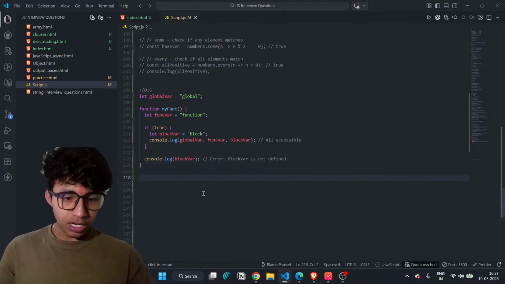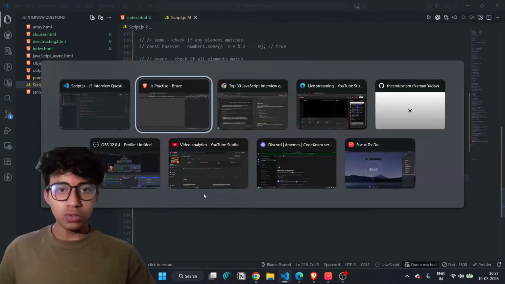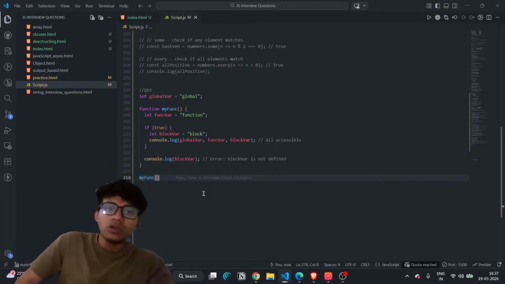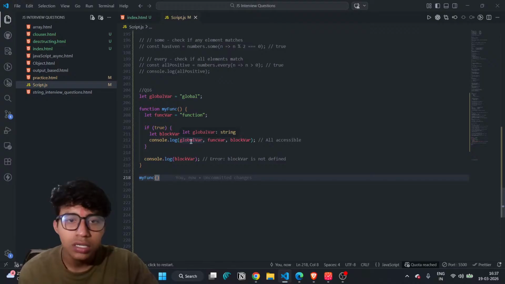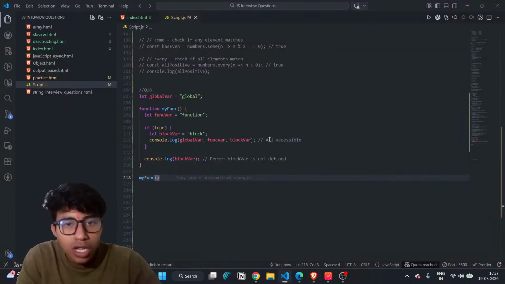तो पहले फंक्शन को कॉल भी करना पड़ेगा. ठीक है, माई फंक्शन इसको कॉल करा और गो टू दैट और हियर इज अ ग्लोबल फंक्शन ब्लॉक. ठीक है, ग्लोबल फंक्शन ब्लॉक. ग्लोबल फंक्शन ब्लॉक क्या है, ग्लोबल ये रहा. ठीक है, फंक्शन आया, ब्लॉक आया.